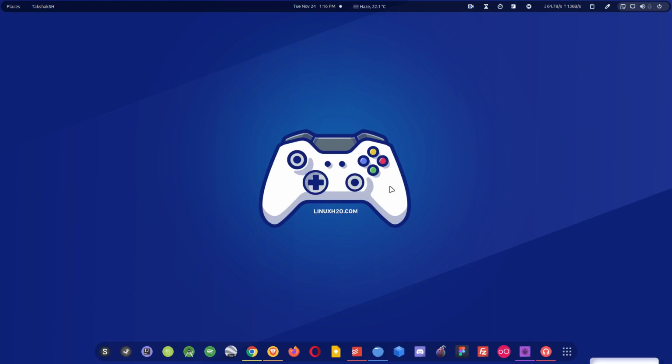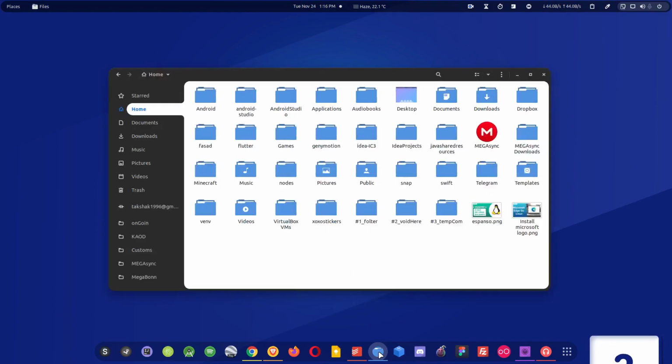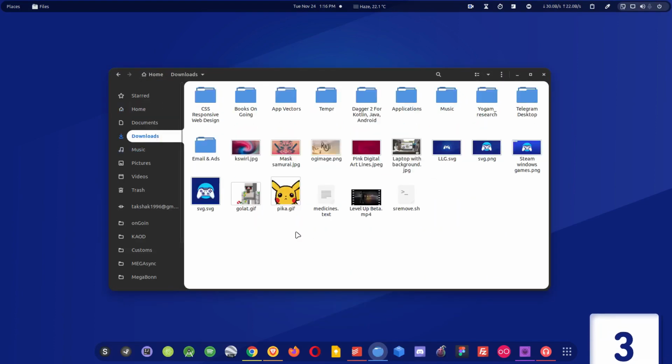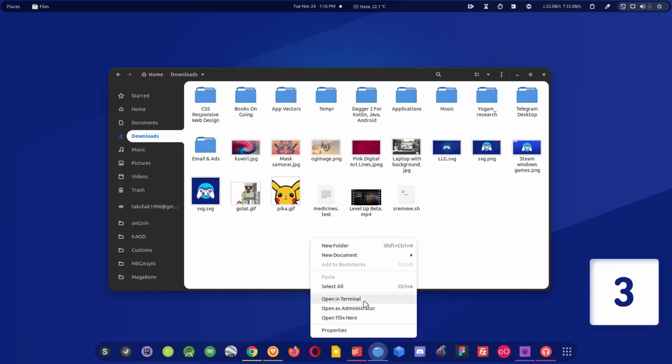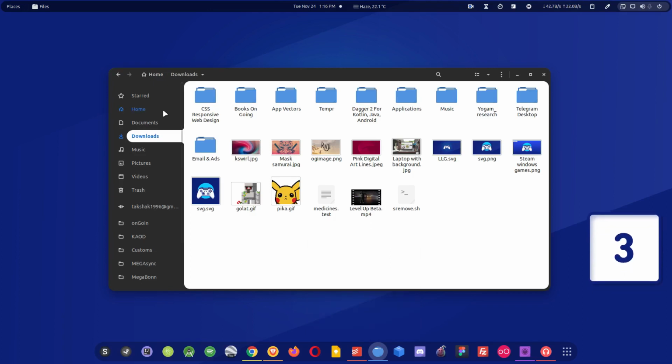The third in the list is using your Nautilus. So there are times when we download a particular file or we have to navigate to a particular folder in Nautilus and then we have to execute commands from there. So what we usually do is open up the terminal from here and then execute the command. Or you can simply start the terminal and then go to that particular location to execute this command. But with this particular extension or plugin that you can enable in your Nautilus, you can do things quickly.